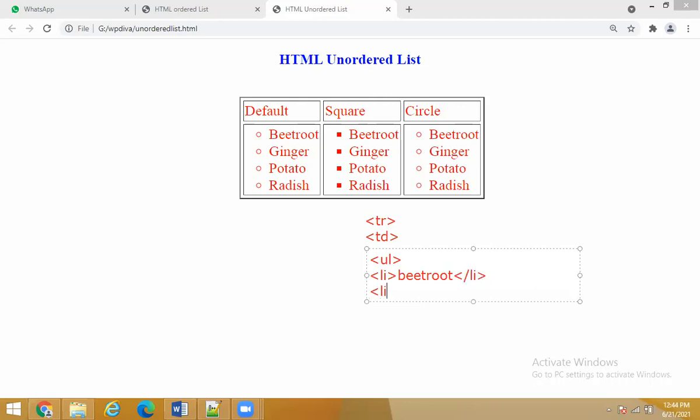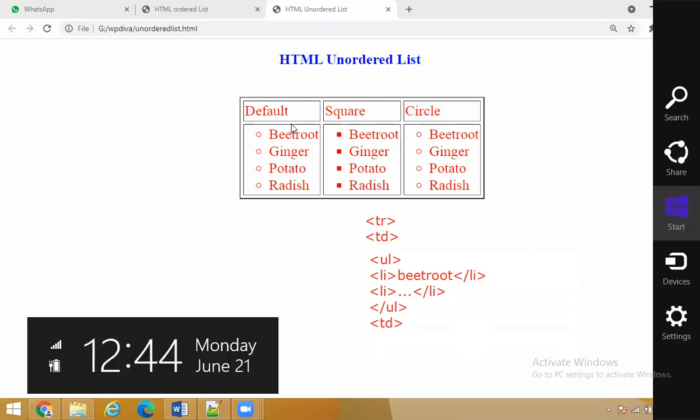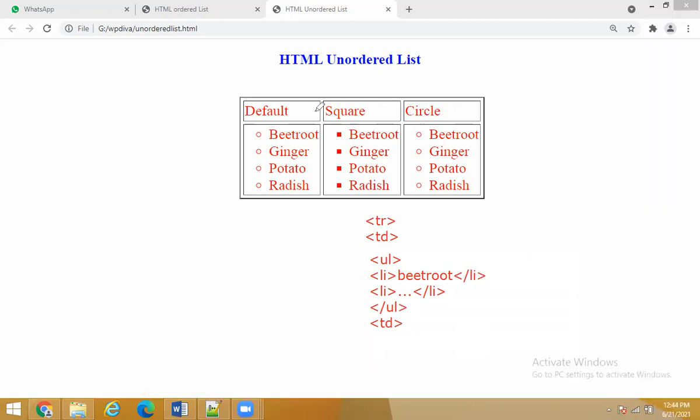So I will write all the 4 items, and I will try to cover all the 4 items by using the closing tags. Then after completion of that, I will close my unordered list. Then I will cover my second TD, right? So I will not cover my row here. Why am I not going to cover my row? Because this is only the first cell, right? This area is the first portion, no? This is the first TD, right?